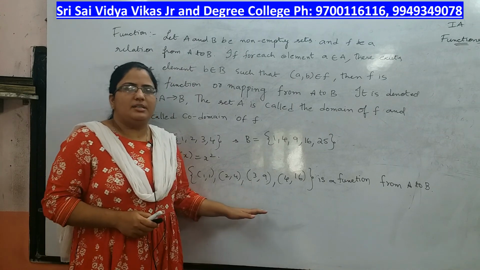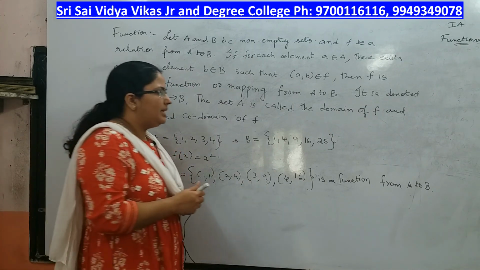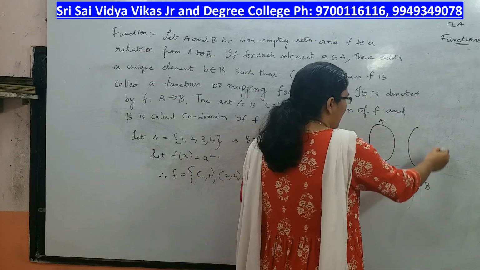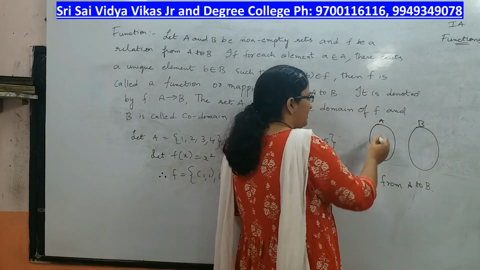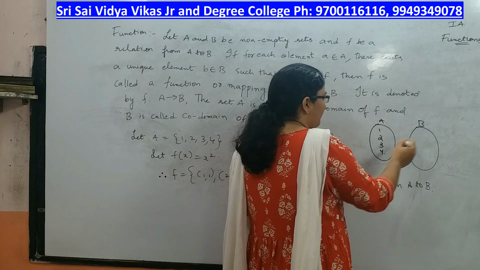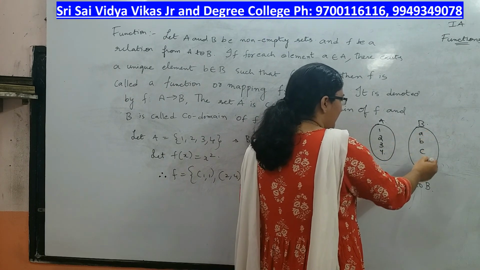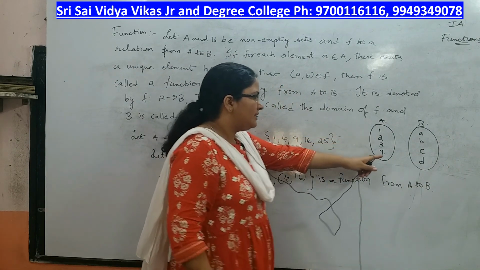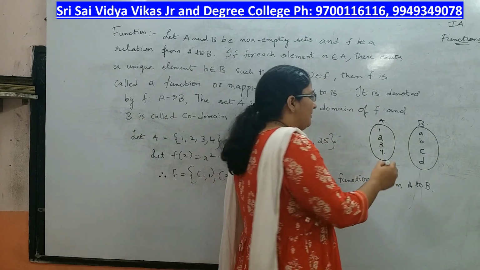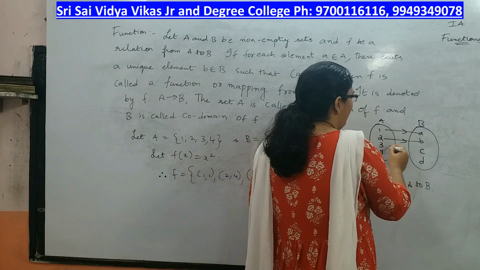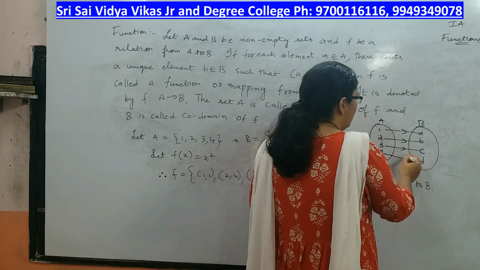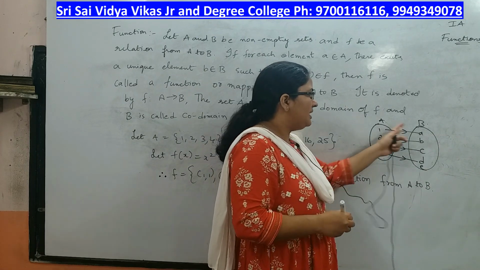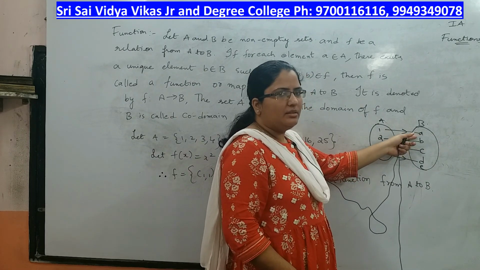Now, a relation is said to be a function when every element has an image. Let us say A and B are two sets. In set A we have 1, 2, 3, 4. In set B we have A, B, C, D. Let us say 1 is mapped to A, 2 is mapped to B, 3 is mapped to C, 4 is mapped to D. Every element of set A should have an image in set B, and that image has to